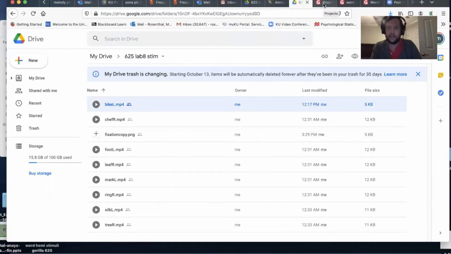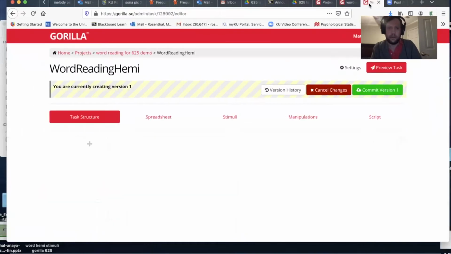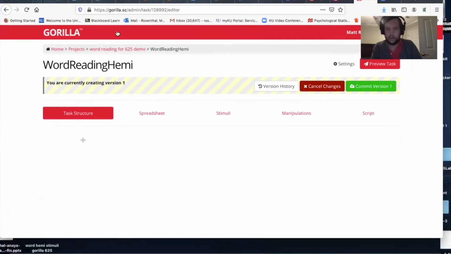And the way to get started is when you open a blank Gorilla, a new task. This is a new task. You can see the word task right there. This is what you see. And so really the first thing, you should go to Blackboard, download the stimuli folder for lab 8, and then